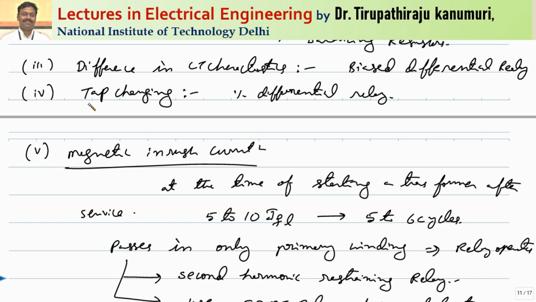Another problem with the transformer is that generally tap changers are used on the high voltage side. Because of the tap changers, the voltage will change. When the voltage is changed for a given power, automatically the current will change. When the current is changing, a small circulating current will circulate, because there will be a difference in primary and secondary current. That will also create a problem. This problem can also be overcome by providing a restraining coil, which will have some threshold, and only beyond that threshold will your differential relay operate.